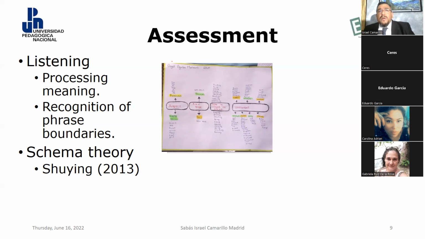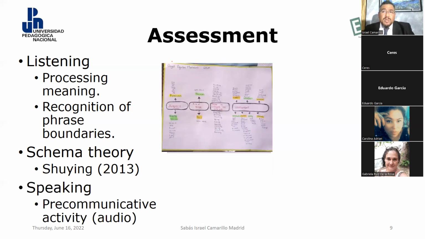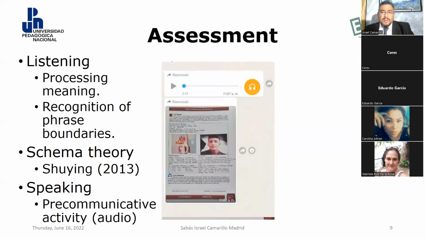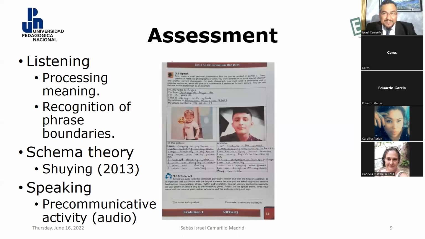As for the speaking, we work mostly with, okay. By the way, I almost forgot to mention this. This is the activity that they make. They have to make it first on the printed book, to follow the clues on the digital book. And then they have to record it, okay? They have to record it. So we work mostly with pre-communicative activities, and they finally make audios and videos, but they were faced first with the structure and then with basic communicative activities, which are the way to prepare them to use it freely in